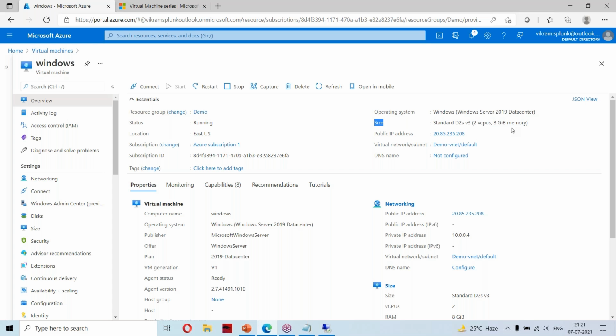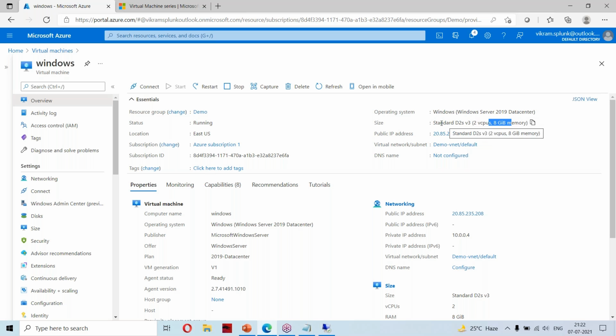If there is any expansion, if my load is increasing, there will be 2 types of scaling. Whenever the load is increasing, this 2 CPU and 8 GB RAM won't be sufficient. There are 2 possibilities. One is to increase it to 4 vCPU and some 16 GB RAM. Or you create one more machine with the same configuration and attach it to the load balancer. The load balancer will have similar VMs in the background serving the traffic. That is horizontal scaling.